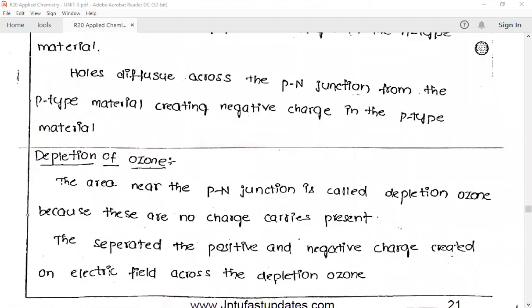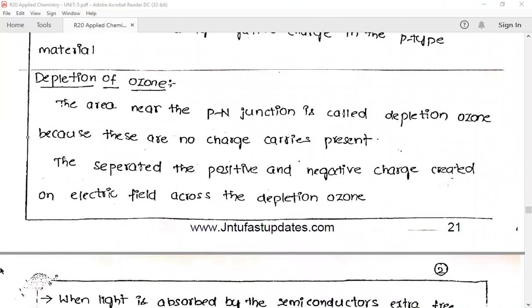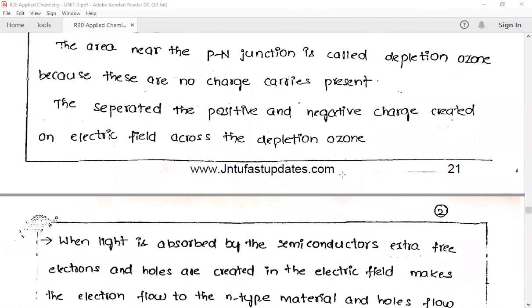Depletion zone. The area near the PN junction is called the depletion zone because there are no charge carriers present. This separated region between the positive and the negative charge creates an electric field across the depletion zone or depletion